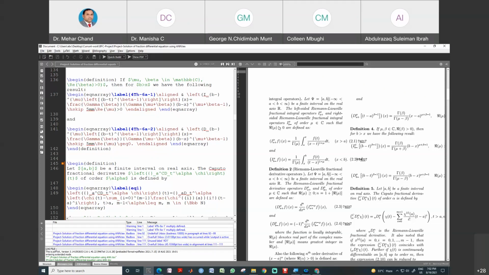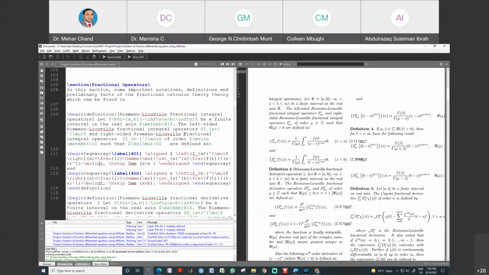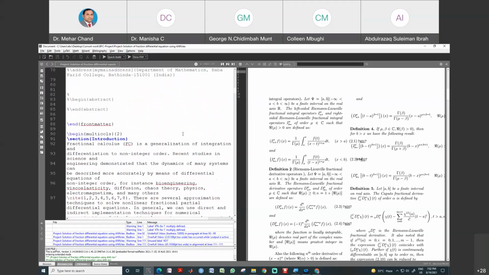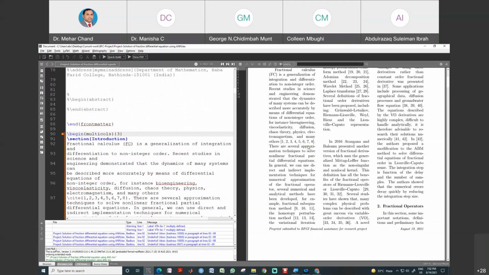And if you want to convert this into 3 columns, if I use 3 here, see what happened. The document is converted into 3 columns. It will take just a few seconds. You just need to know how we can use these commands.